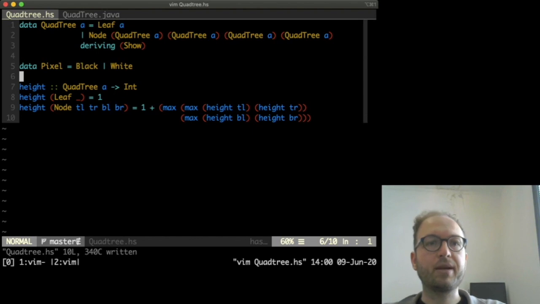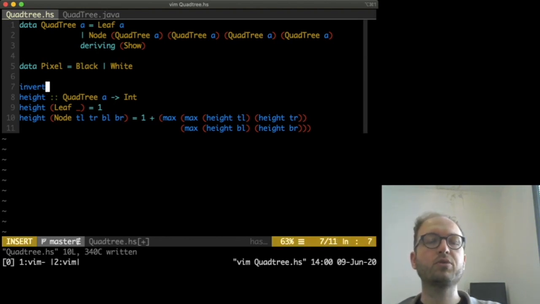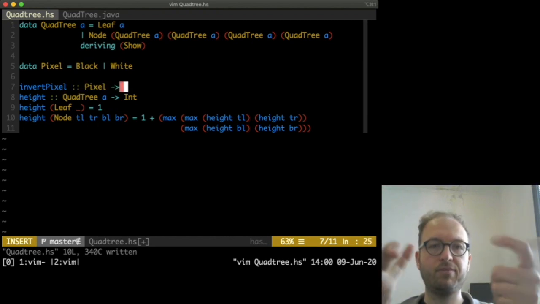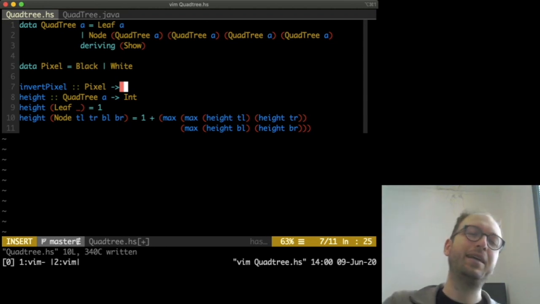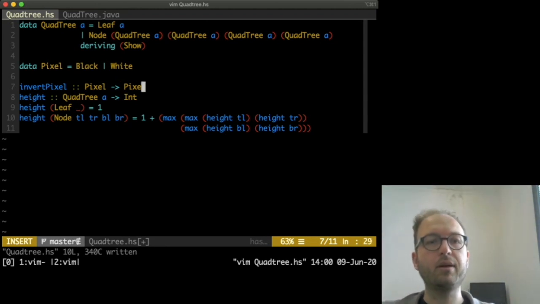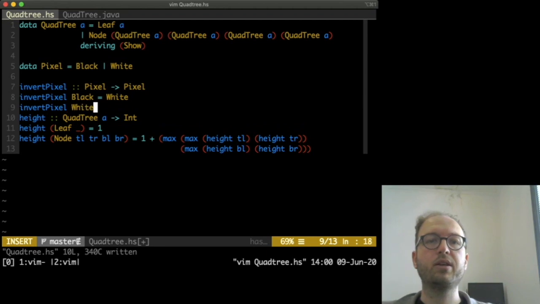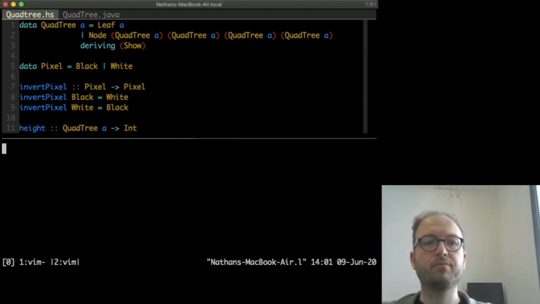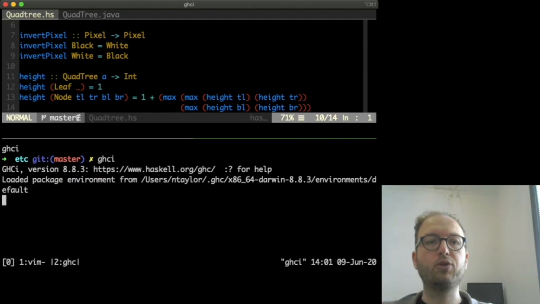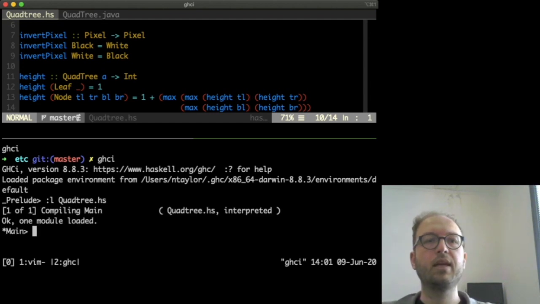Let's write a function that operates on a pixel. In particular, I'm going to write invert pixel, which takes a pixel and produces basically the opposite, right? So if this was a Boolean, it'd be like not. So we'll take pixel and produce pixel. When we give it black, this should produce white, and invert pixel of white should give us black. So when I load this in the interpreter, I can say invert pixel black gives me,